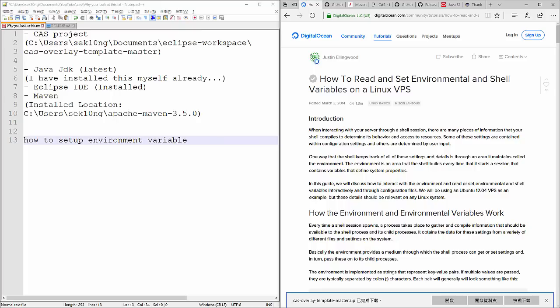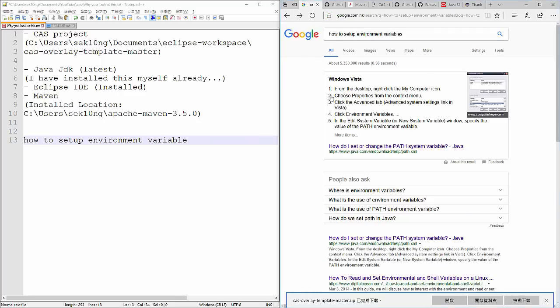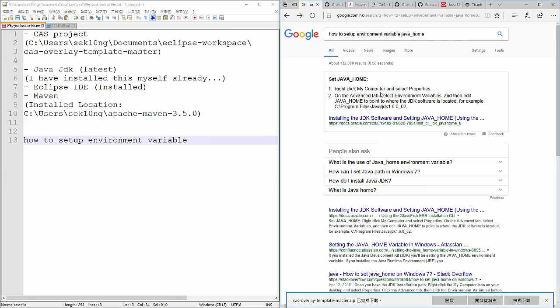Okay, I've changed my mind. I'm feeling lazy, so I don't want to block out my personal information of my computer. So instead, I will tell you to go search Google for how to set up environment variables, or just use your brain, which is a lot harder. Just search how to set up environment variables, find the first or second result and go with it, or search how to set up the Java home environment variable. You must find something that will be useful for you. So do this now and then come back.